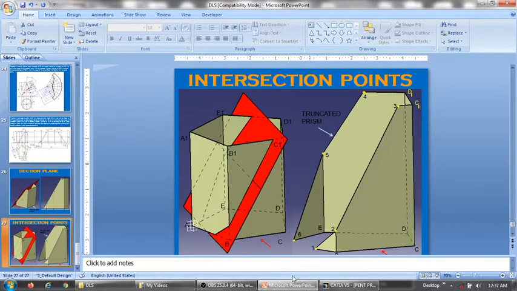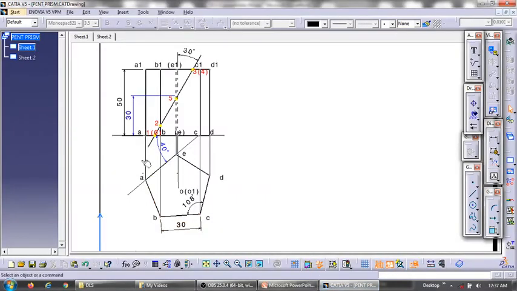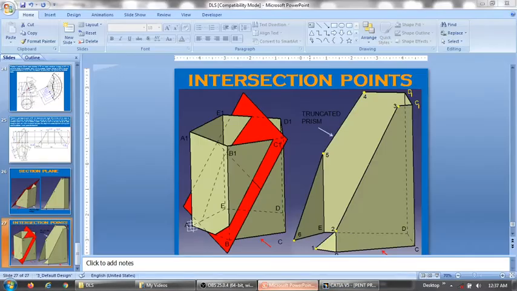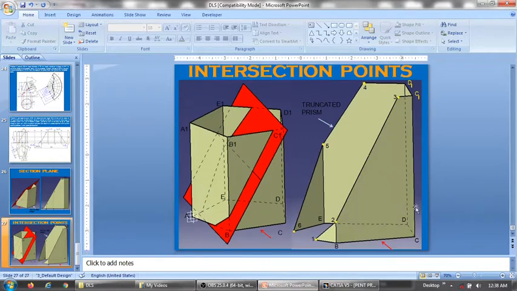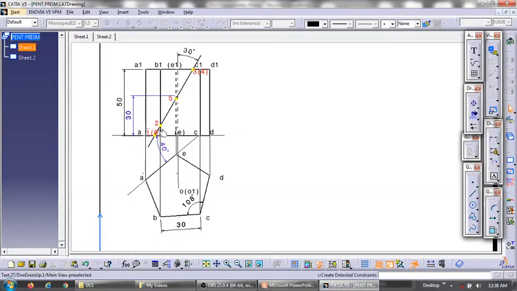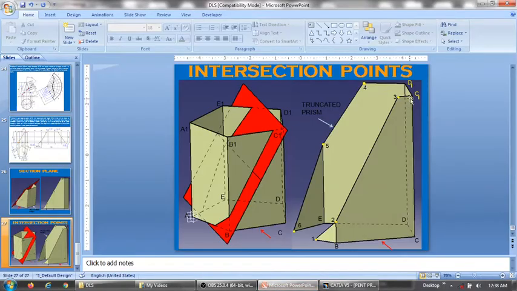So this is 1, and that can be seen here, 1. Then next is 2, the intersection with the vertical edge B1B, that is 2. So you can see here 2, and then 3 is the intersection with the